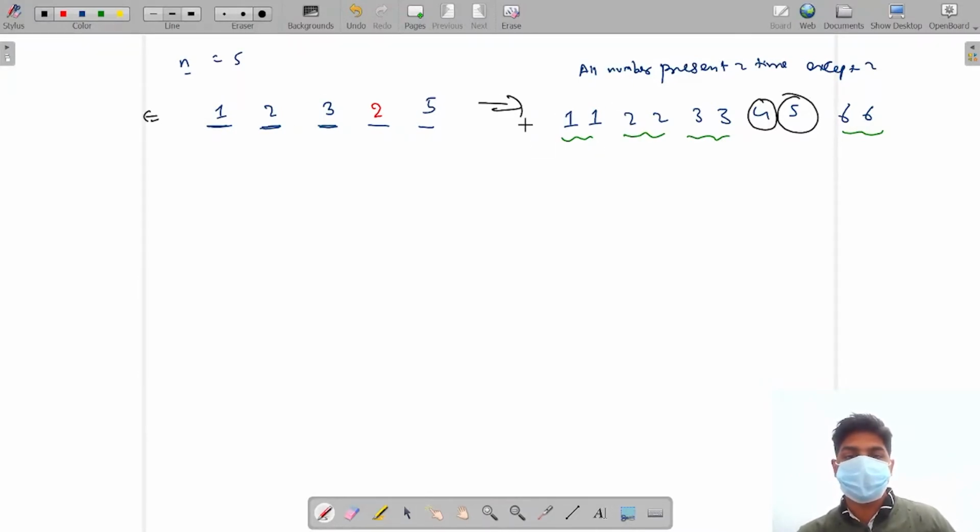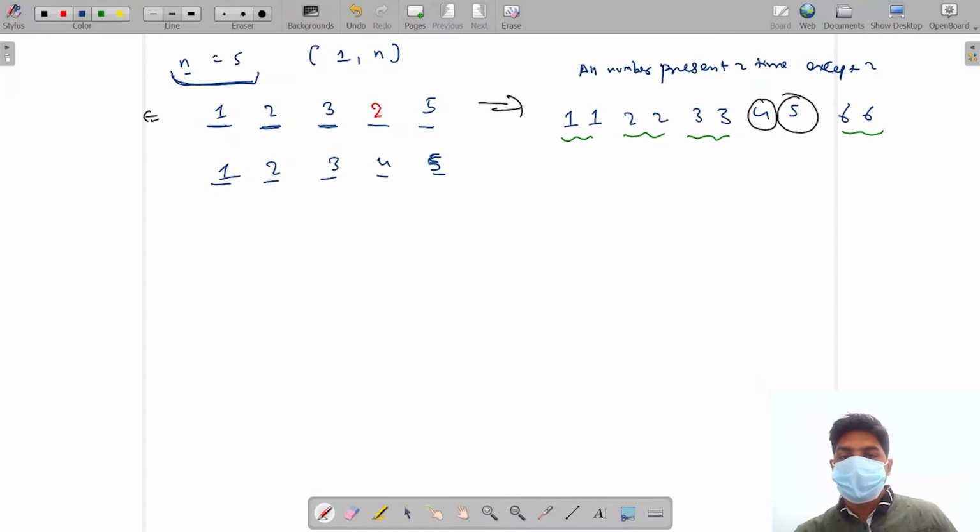Okay, how are we going to reduce it? Let's see. Let's suppose we are given the value of n. Okay, and what does it represent? We will have numbers in the range 1 to n. So after this, we'll write all the numbers in the range 1 to n. So if we write the numbers in the range 1 to n, we see 1, 2, 3, 4 and 5.